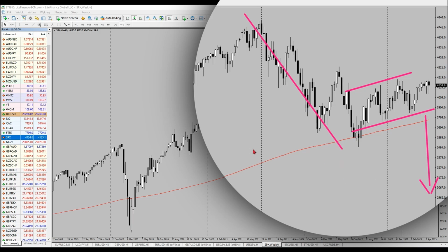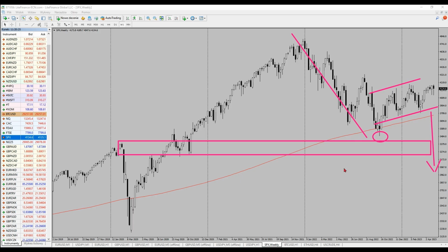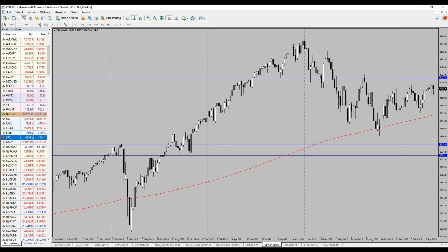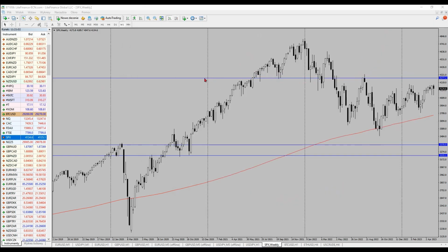Now, when it comes to the S&P, the important thing we were discussing quite a few times was this latest weakness over here. As you can see, we almost been there some time ago. So let's place another line and discuss the levels when it comes to the bears. I think the supply is based on what we've seen here, the possible swing high, and how we behaved at that level before we broke to the downside. So the supply on the S&P weekly chart is around 4,275,